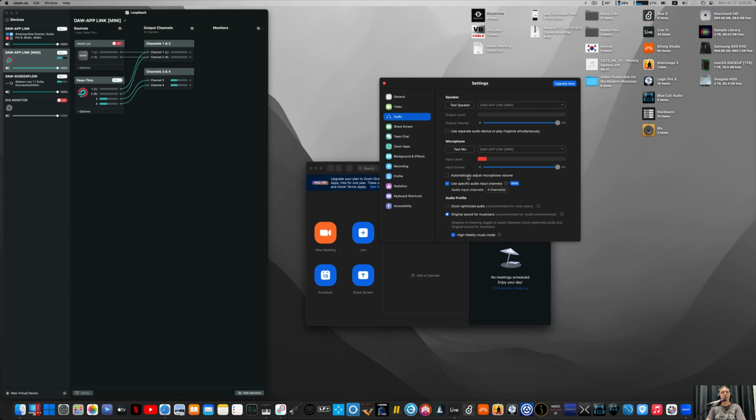Now, I also wanted to point out one other useful way of doing things. This is why I prefer Loopback to the other solutions. And I have tested them, and they do work. Well, BlackHole definitely works. VB cable I've used for other things. I know that it works for those. I haven't used it for this specific application, but there's no reason why it shouldn't work. Okay, so what I want to demonstrate here